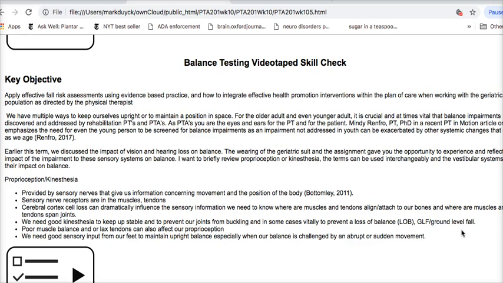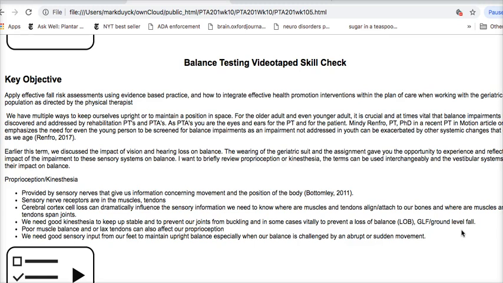Traditionally, the Berg is not a tool that therapists use if someone is still heavily dependent on a walker. It is more commonly used for someone that is using a cane because those individuals will score higher and will be more appropriately determined to be less of a fall risk. Certainly if someone is not using a cane and you think they are a fall risk and not using a walker, then a Berg would be an adequate or a good intervention to consider with the conversation with your PT,